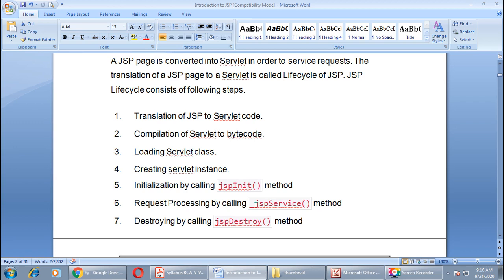After that, in the fourth step, the servlet instance will be created. Then in the fifth step, initialization by calling the JSP init method, right? It will be called for initializing all the parameters. Then in the sixth step, request processing by calling the JSP service method. In the seventh step, destroying by calling the JSP destroy method, right? It will be destroyed by this method.